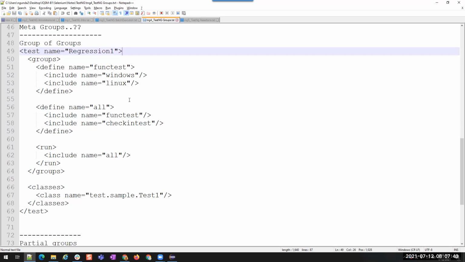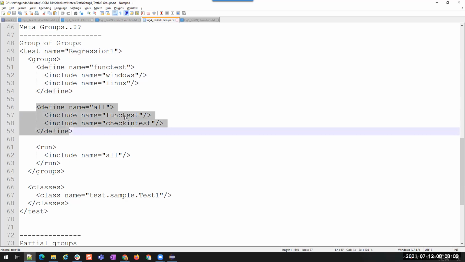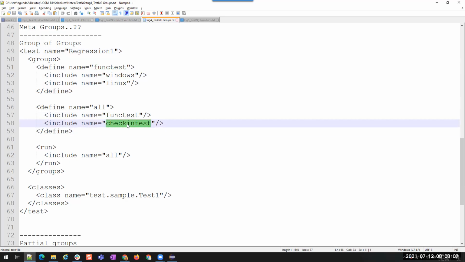Suppose I created some groups. If I say I have a Windows group and a Linux group, but when I say functional test, both the Windows test cases and Linux test cases need to be executed. And when I say all, it should execute functional testing and checking tests.